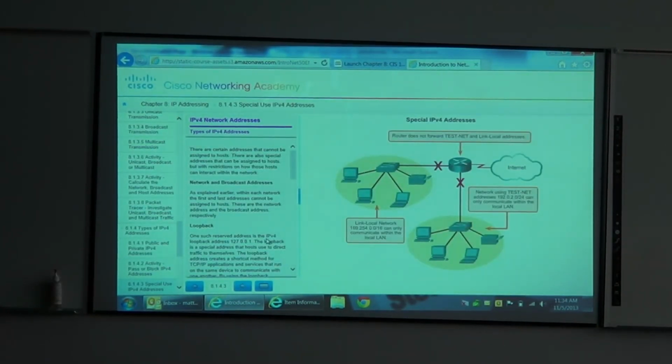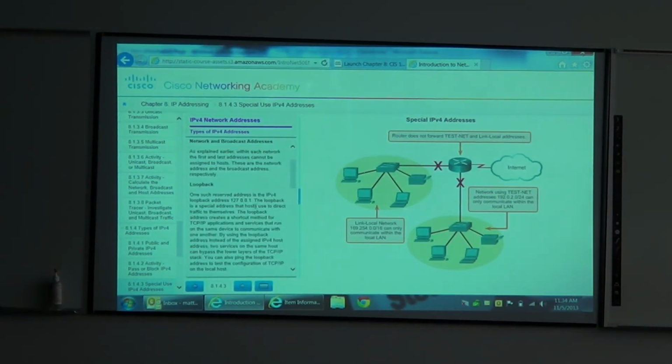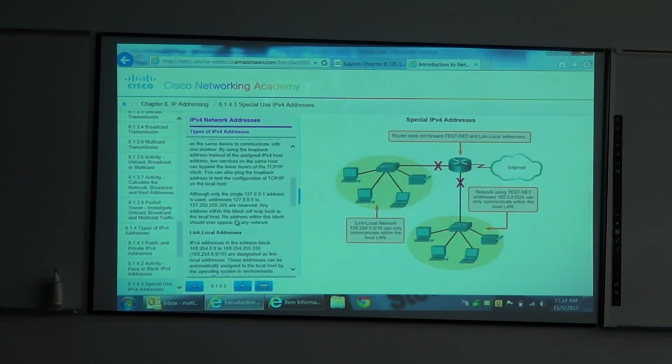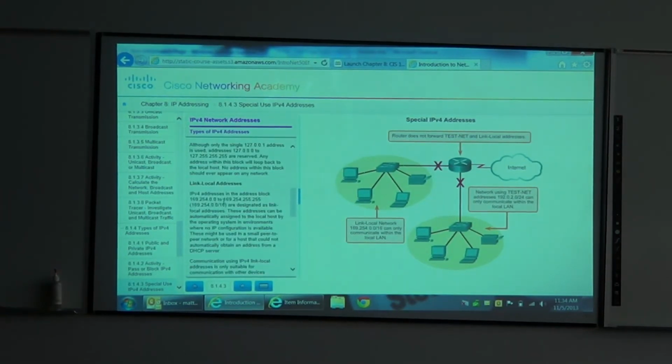There are some special addresses out there that you should be aware of as well. Some of the special addresses are the loopback. We've talked about the loopback, the 127.0.0.1. If you ping the loopback address, it's essentially testing your TCP/IP stack to make sure it's installed and operating correctly. We have some link local addresses, also known as the APIPA addresses, automatic private IP addressing. That's the